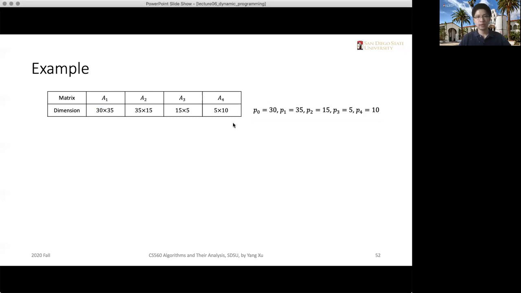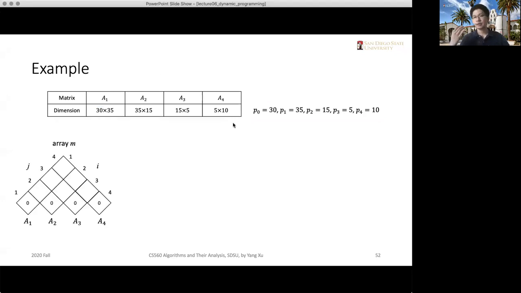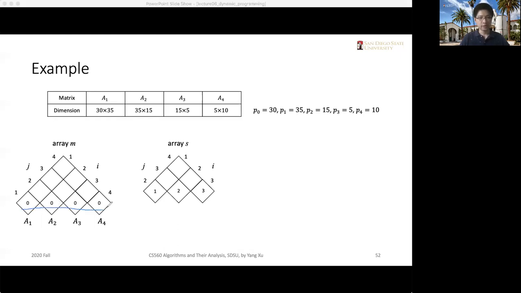Okay, and then we initialize the matrix M and a matrix S. So you can see some additional values that are already put into the matrix. This is the result after the first iteration of the for loop is done. So initially, M and S should be empty,